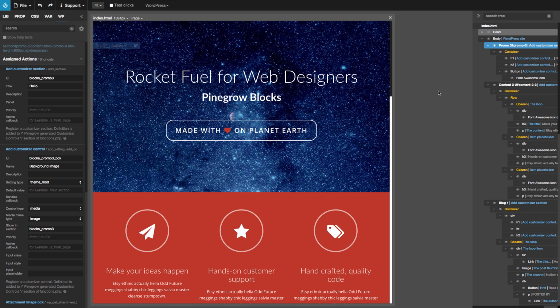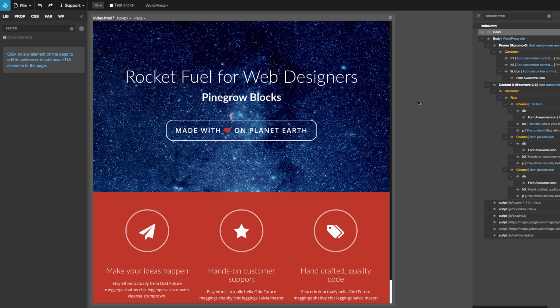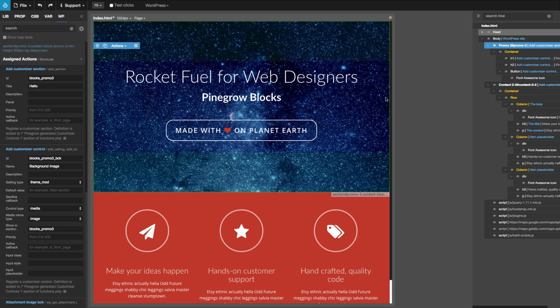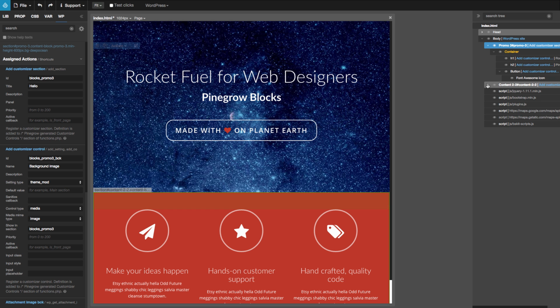Let's take a look at things common to all blocks. So we'll continue to use our simple web page from introduction. Let's take a look at the promo block, and let's hide another one. And here we see directly on the section, on promo block, we define customizer section, and each section needs unique ID and it needs